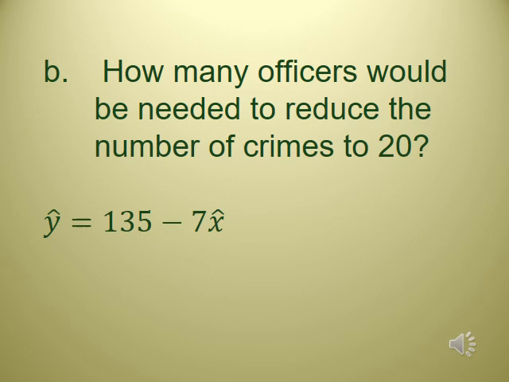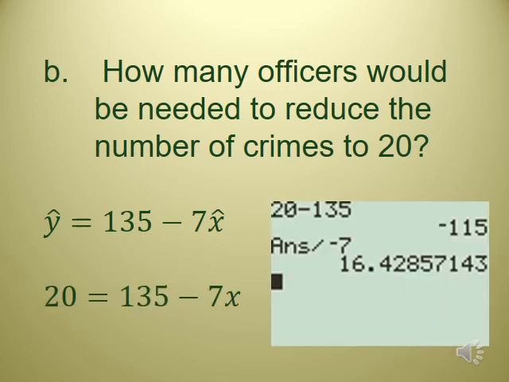Now, the next one's a little bit different question. It says how many officers would be needed to reduce the number of crimes to 20? So if you think about this for a minute, what they're doing is giving you the number of crimes, and we need to figure out how many cops would make that happen. And what you're going to do with this one is to plug in the number we have there, the 20, for y. So I know that 20 would equal 135 minus 7x. We got to figure out x, the number of officers. So you solve an algebra problem, you subtract 135 and you divide by -7, and the answer my calculator says